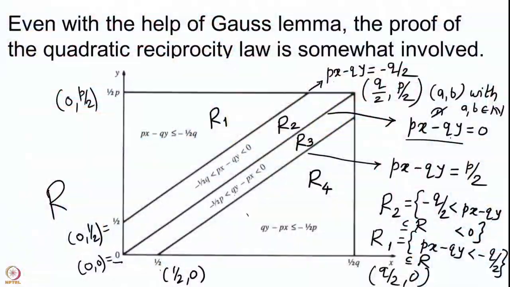In fact, you also see here that this point q by 2 comma p by 2 is 1 by 2 into q comma p. So, in fact q comma p is the vector which is going to generate this line over the real line. Okay. So, any lattice point that you should have on this line must be an integer multiple of q comma p, and there is no such integer multiple of q comma p in our rectangle R. Similarly, I invite you to think about and to prove that the other two lines also have no lattice points.